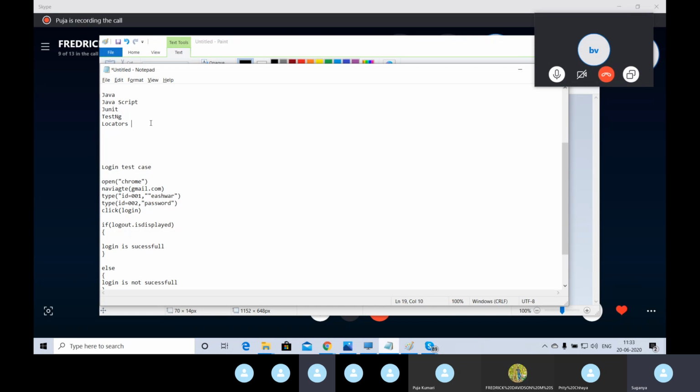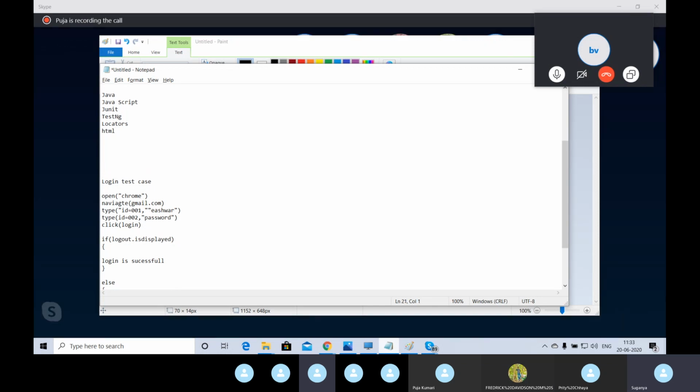Okay. The next one, HTML. Again, it is not a new technology, correct? We have been studying this since our first standard. Pooja, no, not first standard, but in BTech I studied HTML pages. Very good. But at least in our schooling days we are aware of this tool, correct? What is HTML? Hypertext Markup Language. That's all I know.